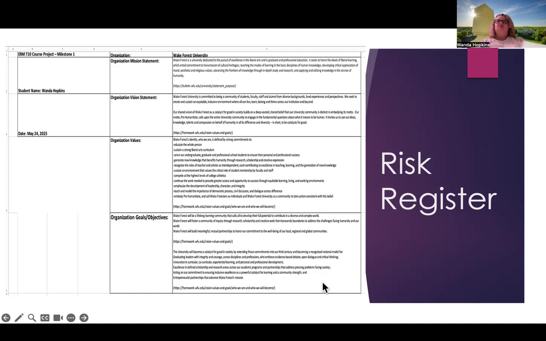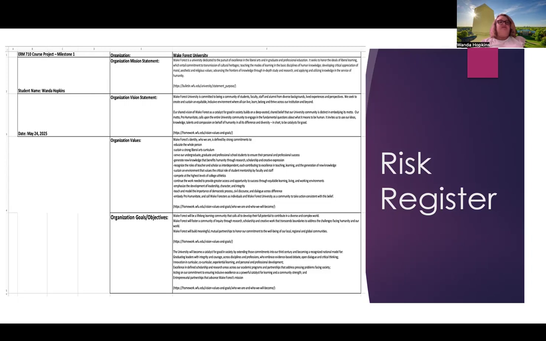The first tool we'll look at is called the risk register. A risk register is used to identify, assess, and manage risks that can impact an organization, and it begins with identifying the mission, vision, and values, along with goals of an organization. As you can see on this slide, I took a deep dive into all those areas at Wake Forest University